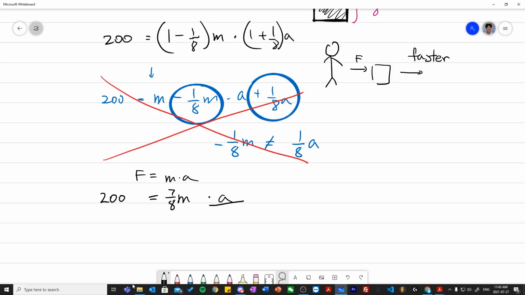Divide it by 7/8. Yes, divided by 7 over 8. And as you know, when you divide a fraction, it becomes the reciprocal. When you divide by 7 over 8, you're multiplying by its reciprocal. So,